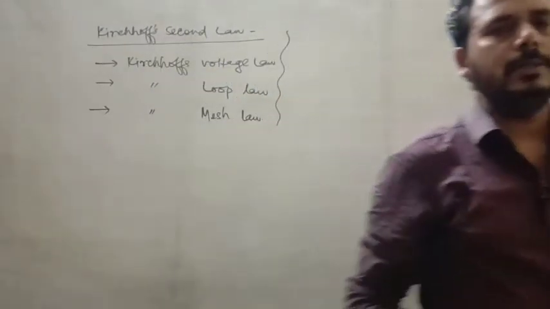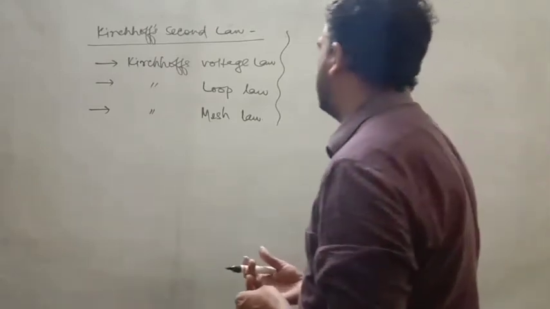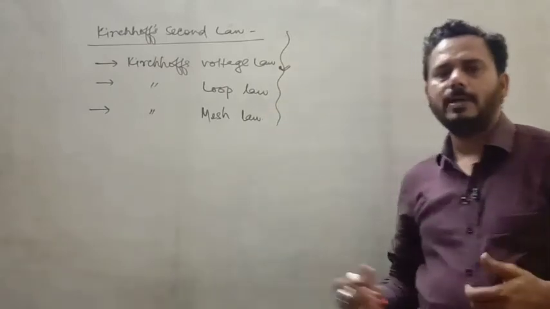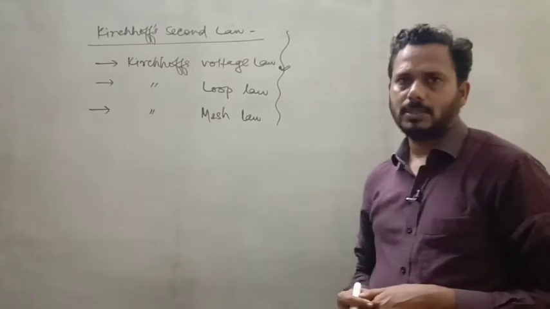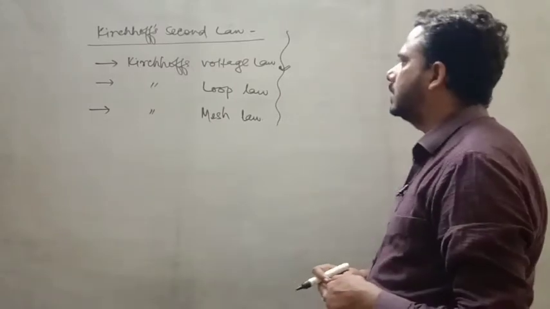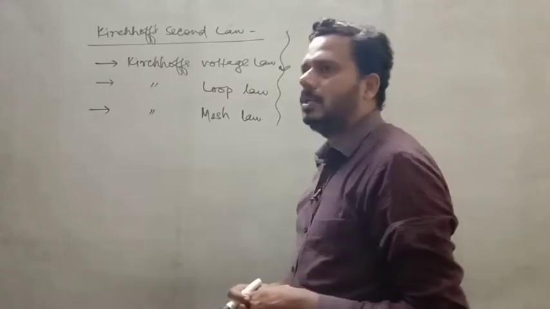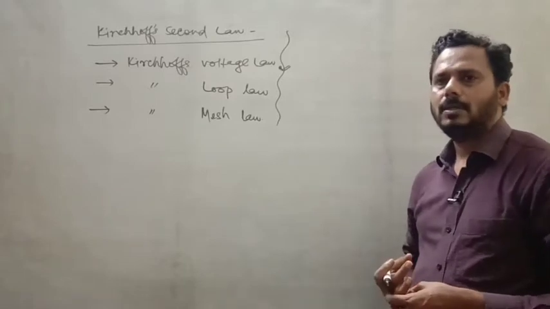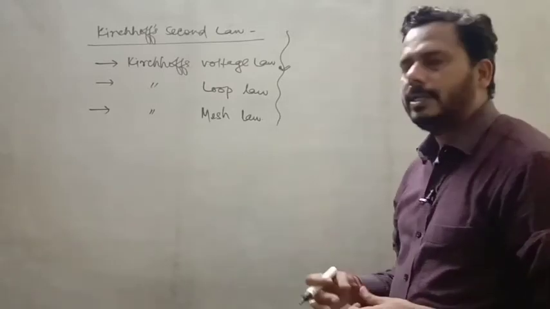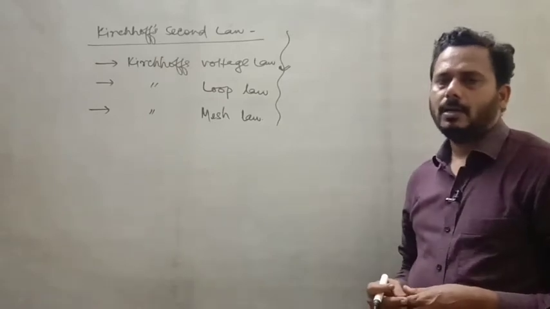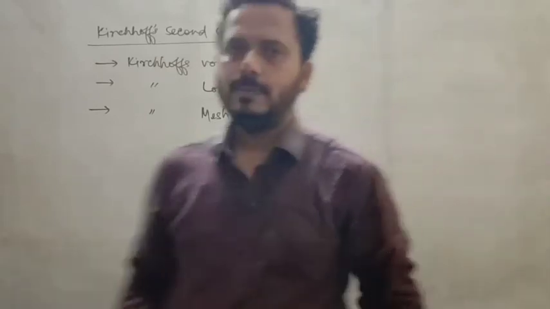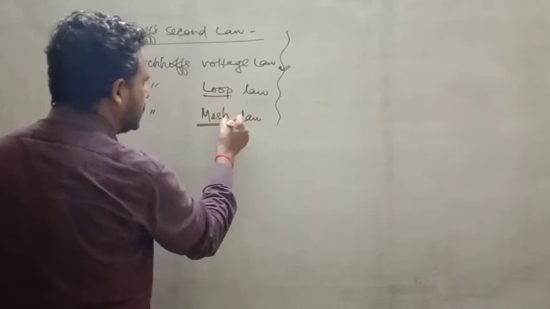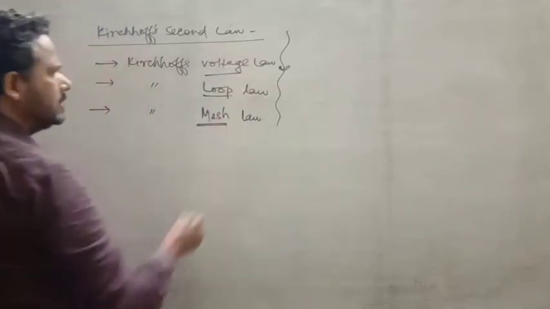But in this law, what do we study? In this law, we will study voltage drop in different components of an electrical circuit. But which kind of circuit? Your circuit will be just like a loop. So in a complex circuit, how can you measure the voltage drop in different electronic components? So you see here this loop and this mesh voltage, otherwise everything is the same.